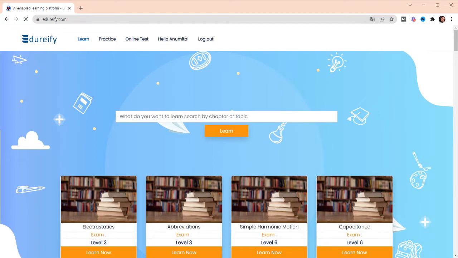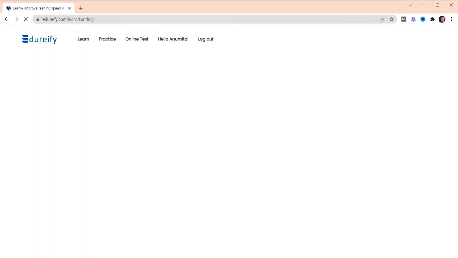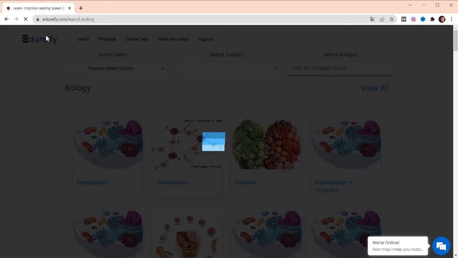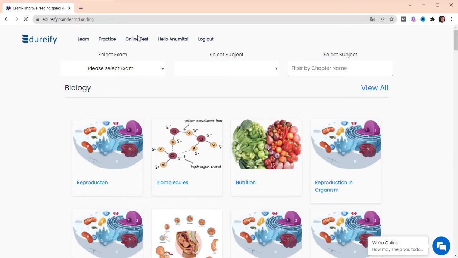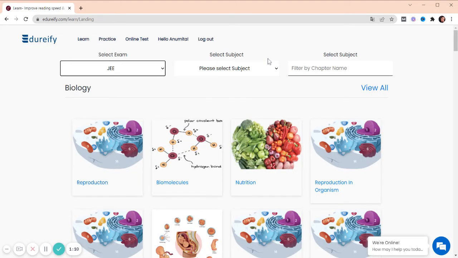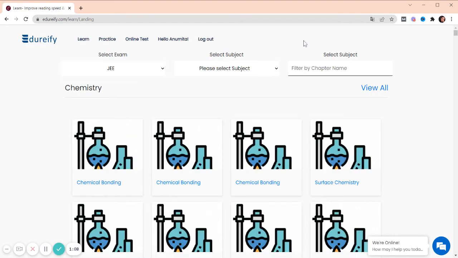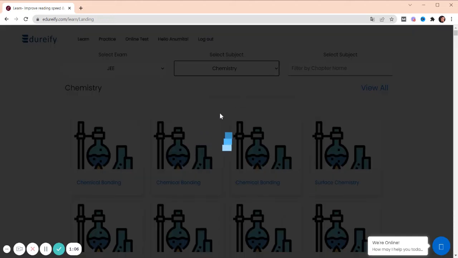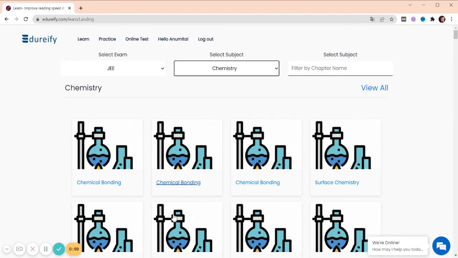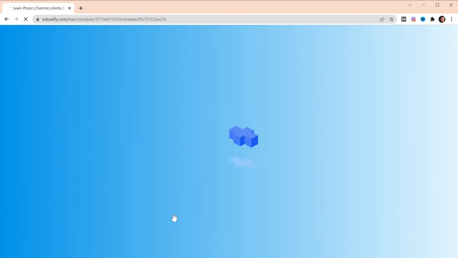Now we come to Learn, and just see how we can make use of the Learn feature. You can select your exam, JEE, choose the subject you want, chemistry, go for the topic